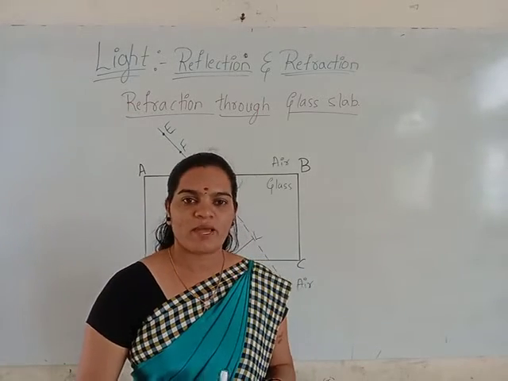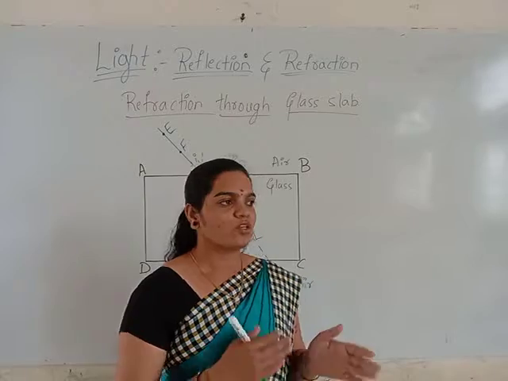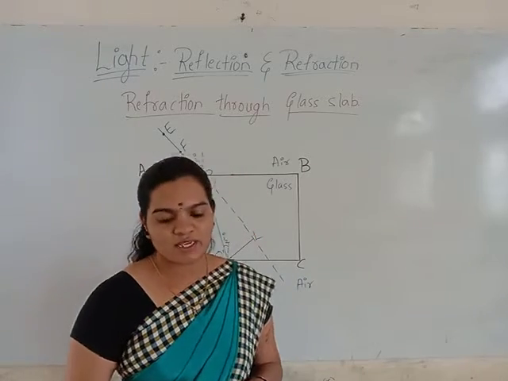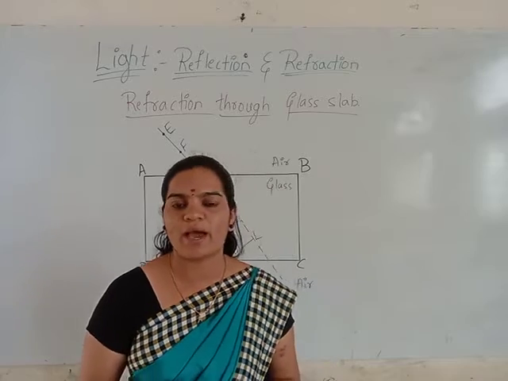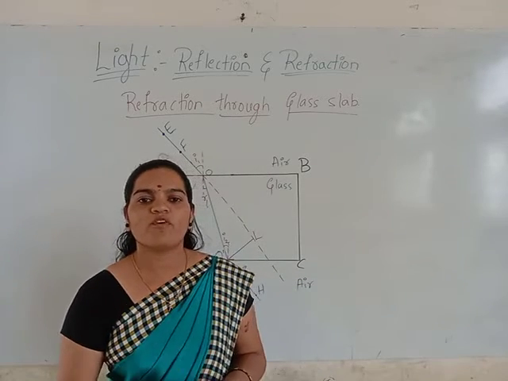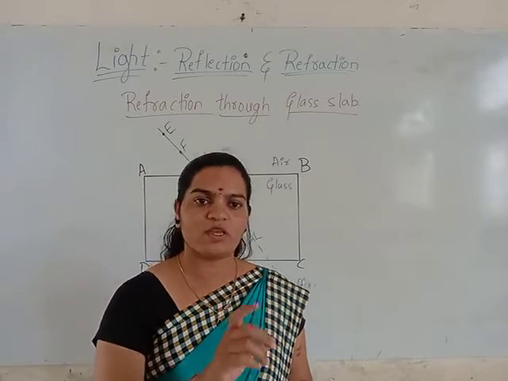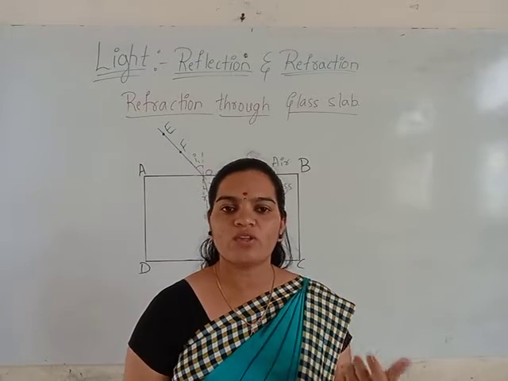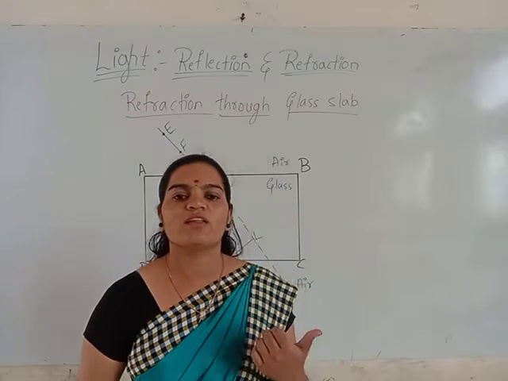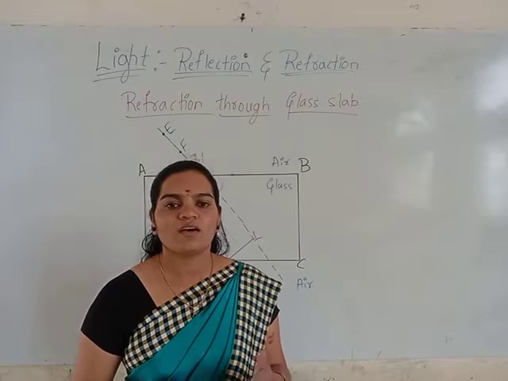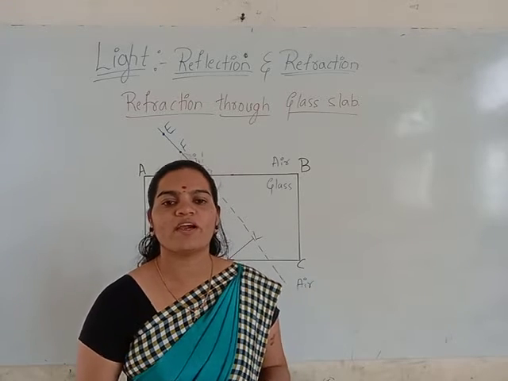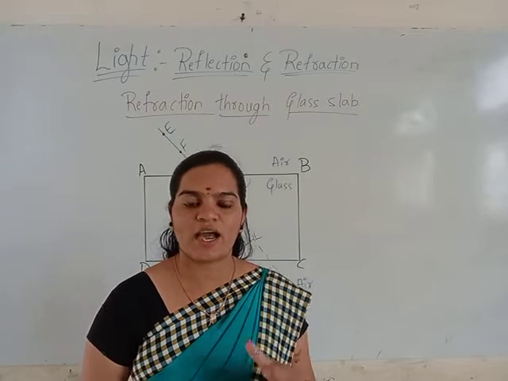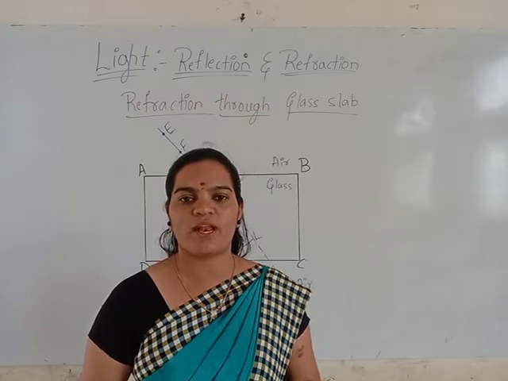Reflection in the spherical mirrors we have learned. So now, as in the last class we have discussed reflection, and then we have learned about the magnification formula and the mirror formula. By applying those two formulas, we found the focal length, along with the image distance and the height of the image.